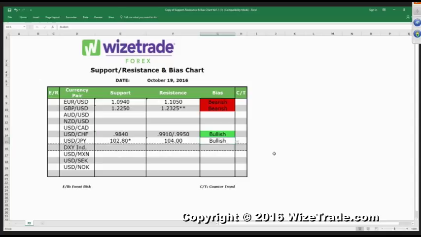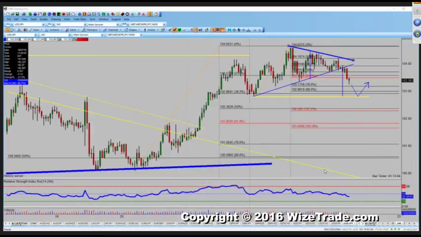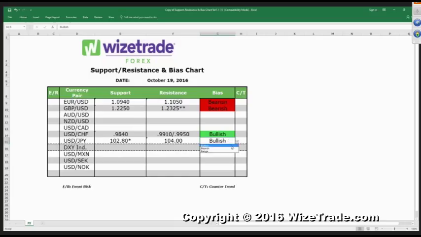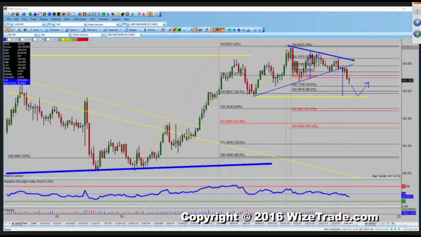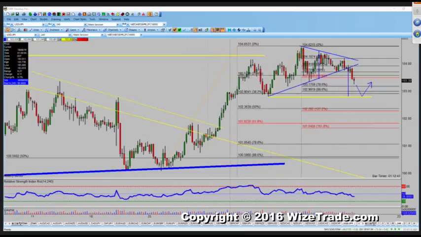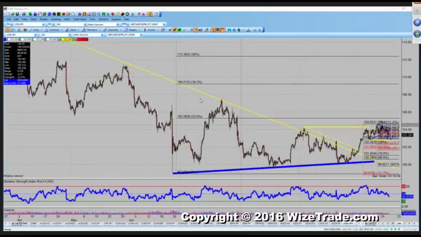I still think it's near-term bullish, the dollar yen. But I'm going to put it in a range right now. I think we really have to get above 104.60. I'm going to put it in a range for right now, just because we broke lower out of this triangle. I do believe that if we break 104.60, it is instantly bullish. But because we didn't play out to the upside, I think we have to just keep it in a range right now as we're trying to shift the whole trend from being bearish. We're in a range, then we go to bullish. So we just didn't get that continuation that I thought we'd get the last couple of days.